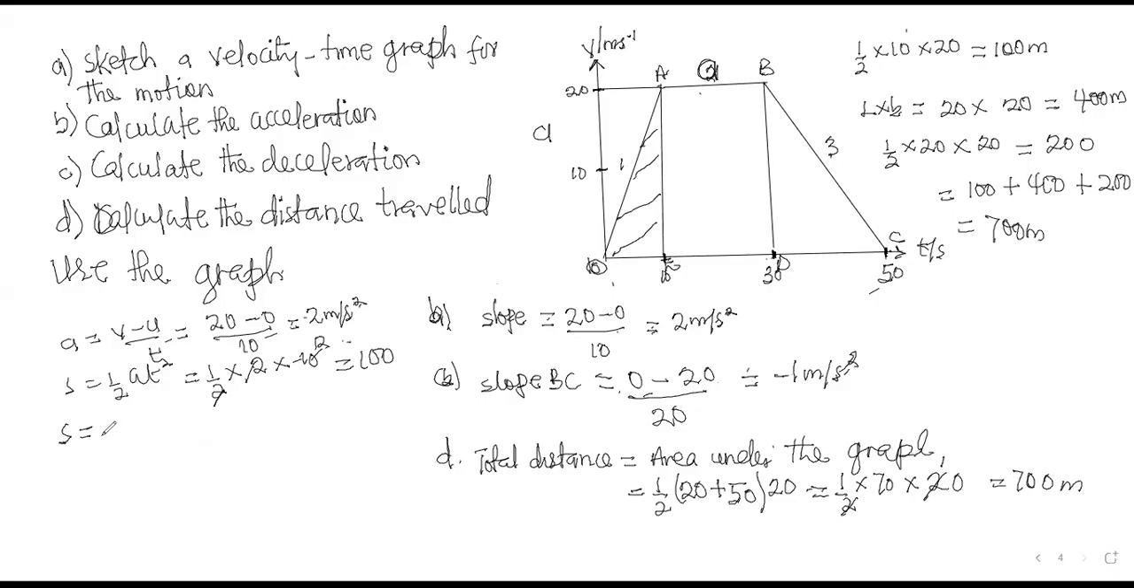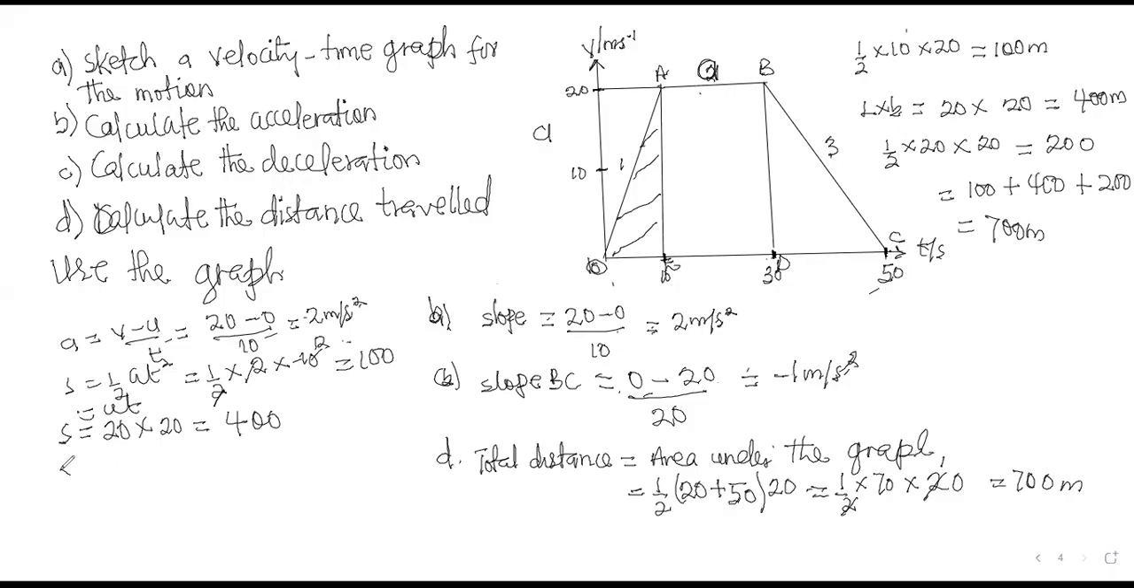Then second part of motion, okay, S is equal to UT, as acceleration is 0. So U is 20 times T is another 20. This is 400. I'm using UT. S is equal to UT because the half AT squared will be 0 because acceleration is 0. Then during the other part,